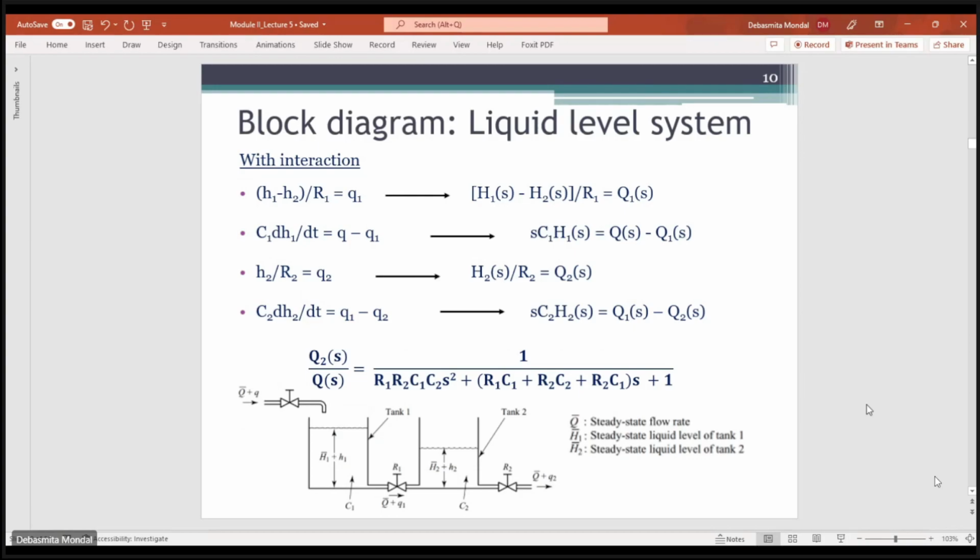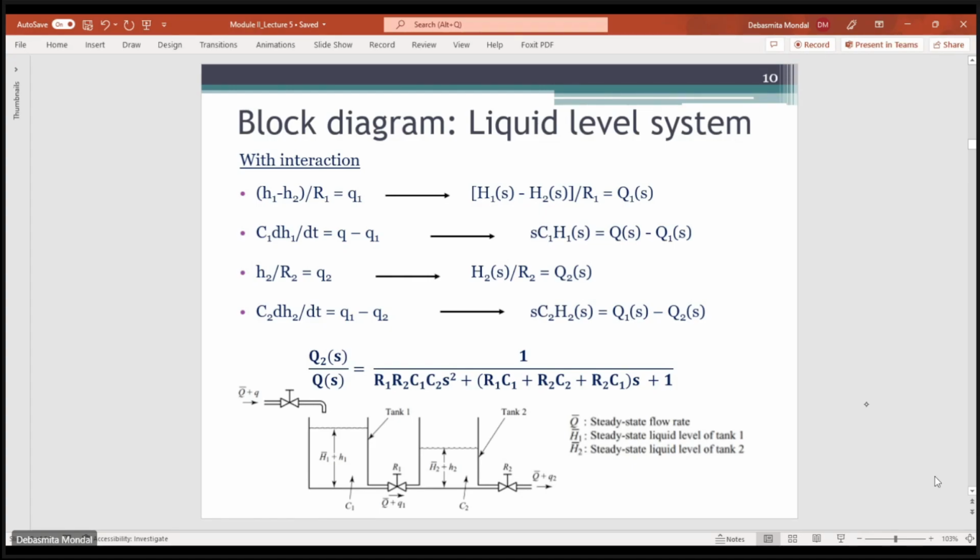Similarly, let's see how you can draw the block diagram of a liquid level system. In this liquid level system, you have two interconnected tanks with valves in between. There is some liquid flowing in, and depending on the liquid flow, the water level is maintained in this tank. Similarly, water is flowing through this valve to a second tank, and then finally through another valve the water is flowing out. Now if you write the differential equations describing this model,